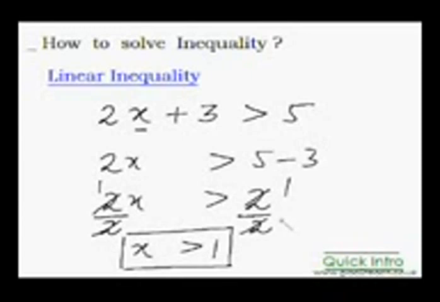You can even put the answer on the number line just to make it more visual, easy for the eye. This is your number line. The middle portion is always 0. On the left hand side, as you know, you have negative values. On the right hand side, you have all the positive values. Since you have a positive 1 here, you'll put 1 here. And since x is greater than 1, it will be all of these values, that is from 1 to positive infinity. So you can also write this answer in the interval form. You can say 1 to positive infinity. Whichever way you put it, it will be absolutely correct.